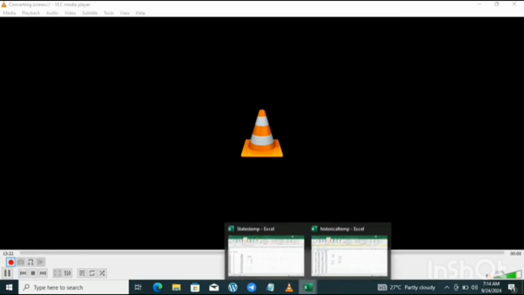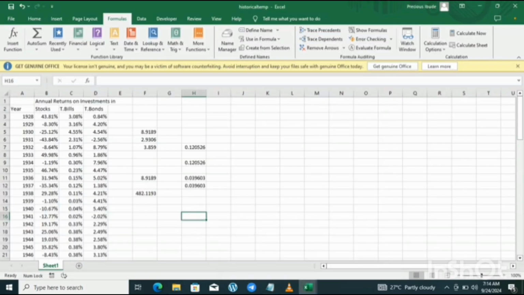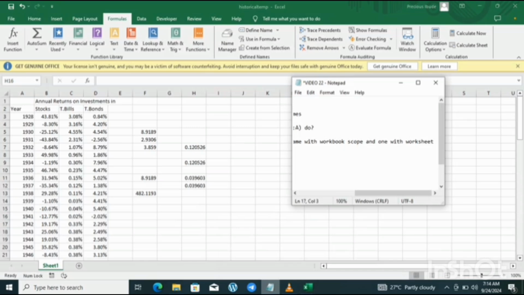Alright, so what exactly is a worksheet and what is a workbook? That's the first question you want to ask. Now, a workbook is any file in Excel. Any file in Excel is a workbook. Then what is a worksheet? A worksheet is